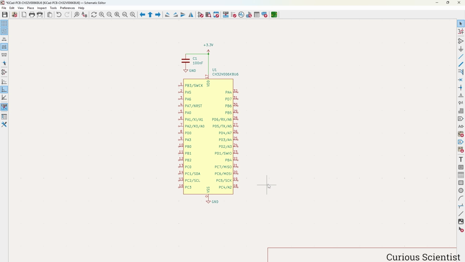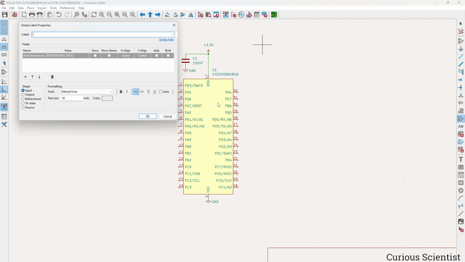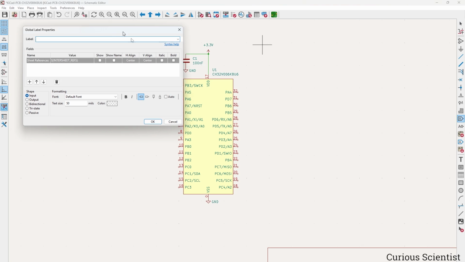Then when we have another circuit component or another area on the circuit, we can just duplicate the labels from here, put it there, and that will automatically connect the two parts together without drawing a wire between them. Here we have the global labels option,